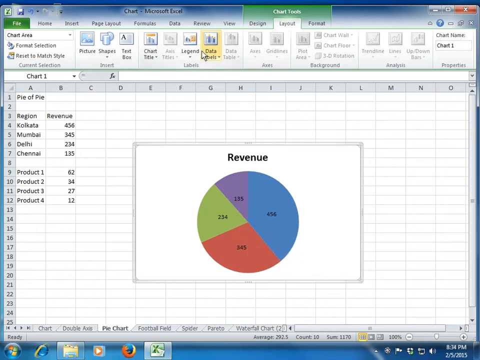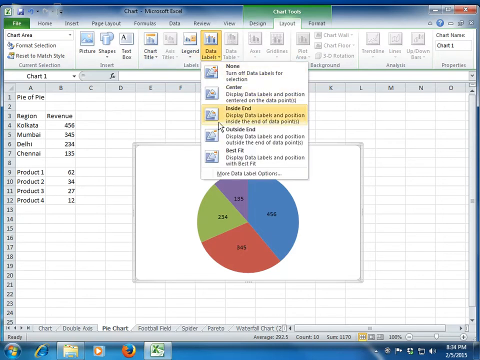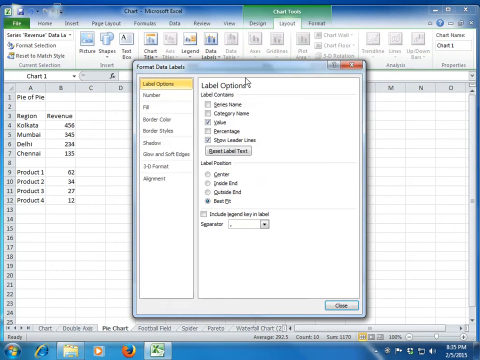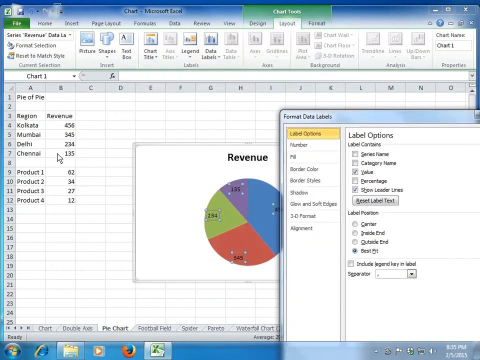You see that in our layout option the data is not there. I have chart title, I have legend, I have data label, but in data label it's only talking about placement. Yes, you are right. I click on more data label options. Now this is not a series name, guys. Do remember, series is the value which is populating here. You're absolutely right, this is my category name.